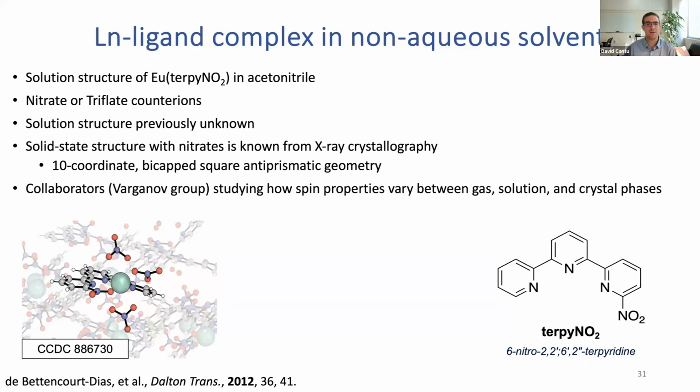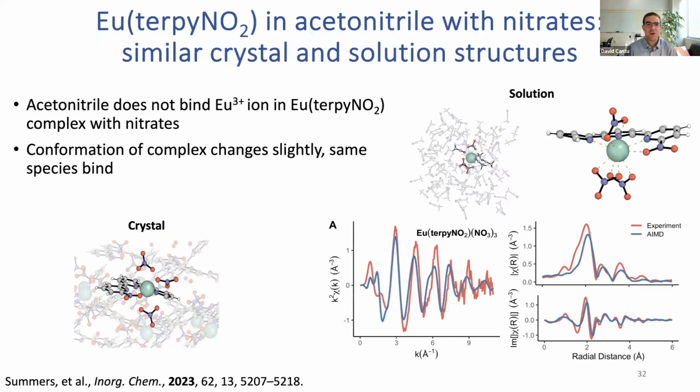Solution structures were unknown previously, and from X-ray crystallography, our collaborator Ana Betancourt-Diaz crystallized this complex, and it shows a 10-coordinate system with the nitrates as well as the terpieno2. So we first wanted to see how much acetonitrile solvation changes the crystal structure,